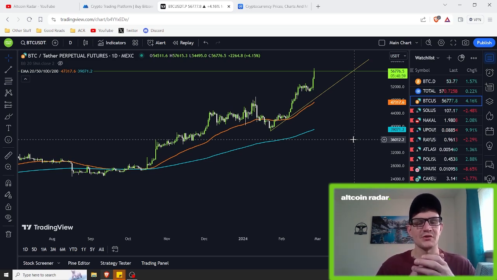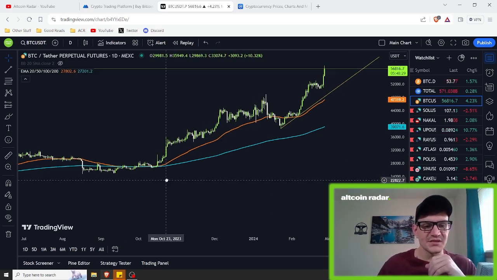EMA crossovers occur when two EMAs of different periods basically intersect, okay? A bullish crossover occurs when a shorter-term EMA crosses above the longer-term EMA. So here, a bullish crossover would happen when the 50-period EMA crosses above the 200-period EMA, okay? And a bearish crossover basically occurs when a shorter-term EMA crosses below the longer-term EMA, signaling a potential selling opportunity,